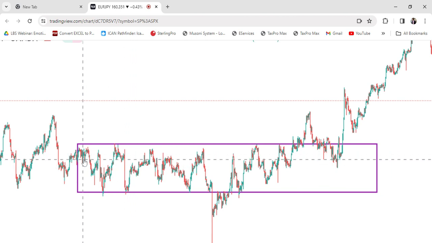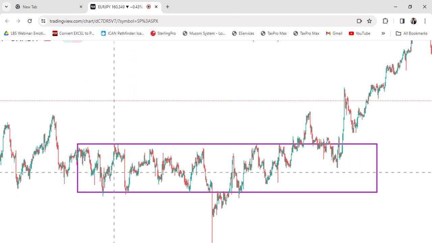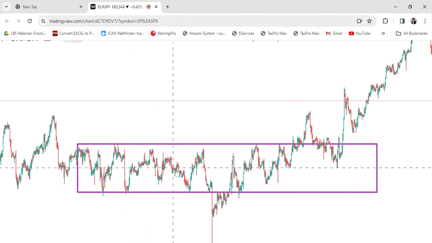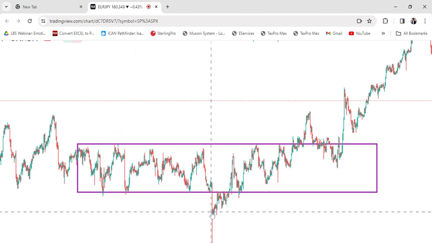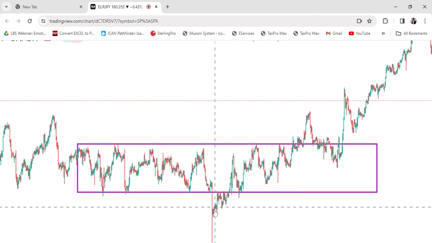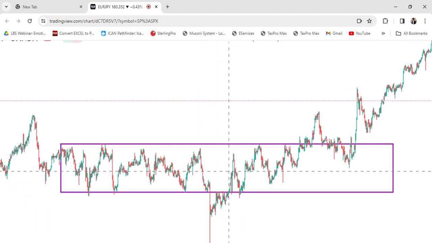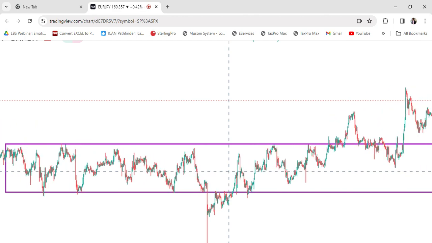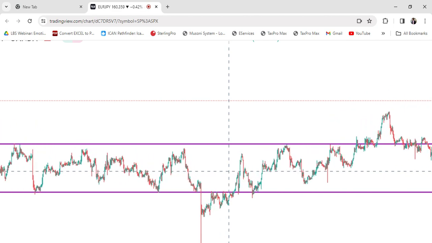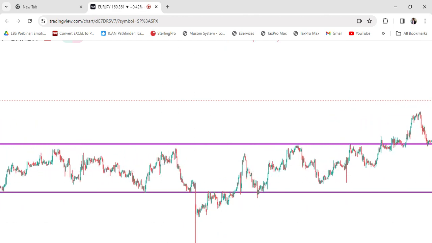The market moves from here, down, up, down. There was a breakout here. There was a first breakout, but the market reversed back to this particular range. You can see that there was a reversal back to the range, and it continued like that,